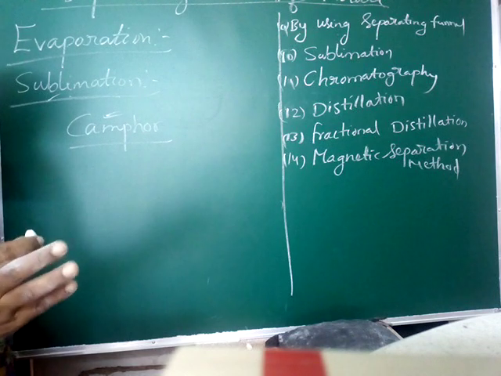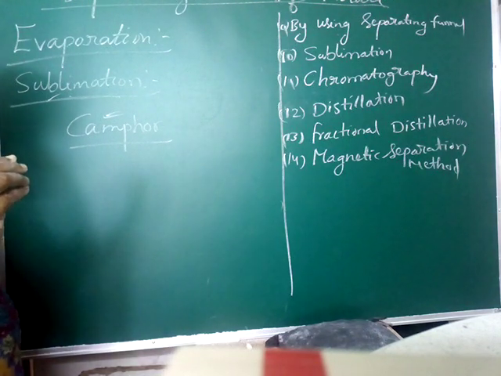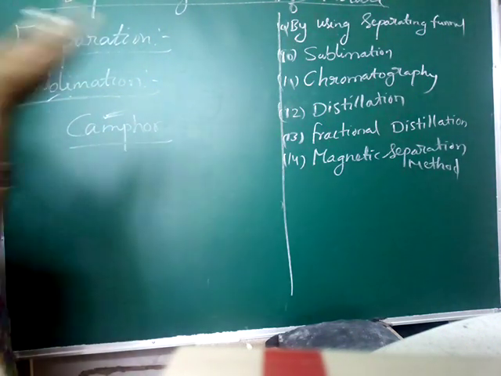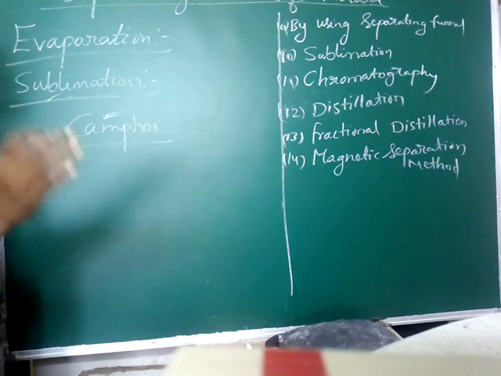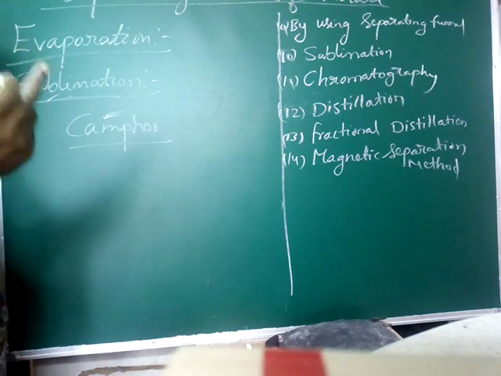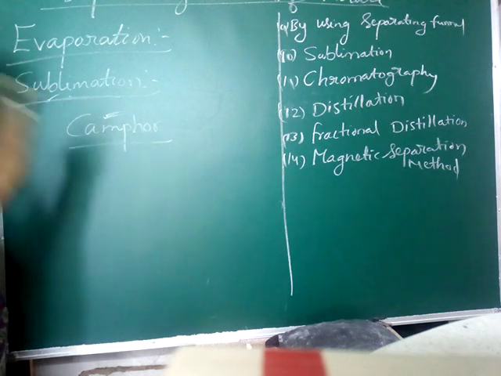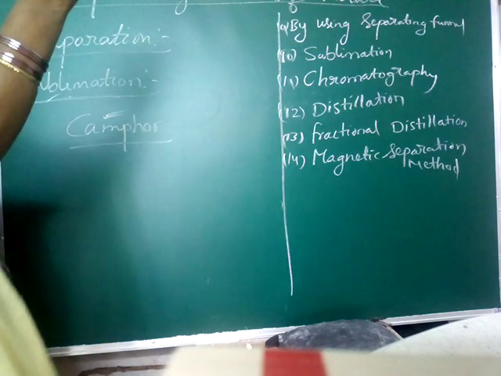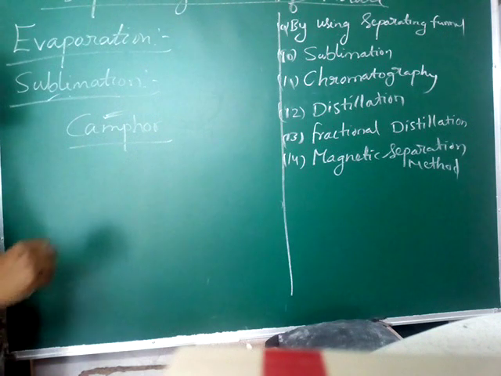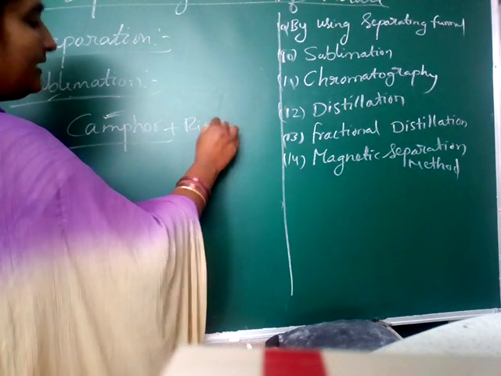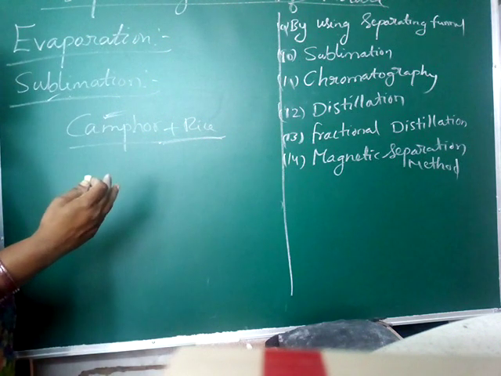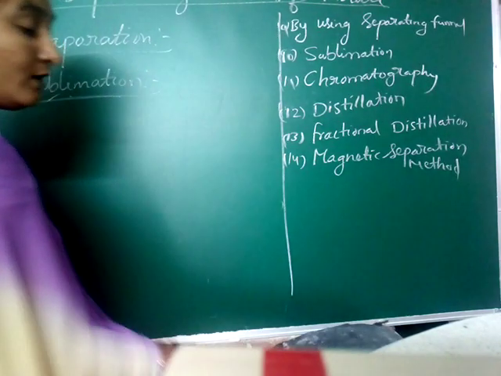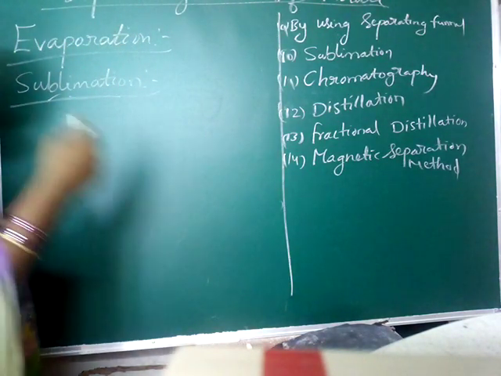Then how will you separate these two? You have to gently heat it. Then what happens? The camphor present inside the rice will sublimate. Not evaporate, because evaporation means liquid state into gaseous state only. It sublimates, from solid state into gaseous state. Then we can separate like this. Camphor plus rice, suppose unfortunately they get mixed when you are carrying them from the shop. Think like that. But you have to write it in your examination, as a process. That's why I am telling this.